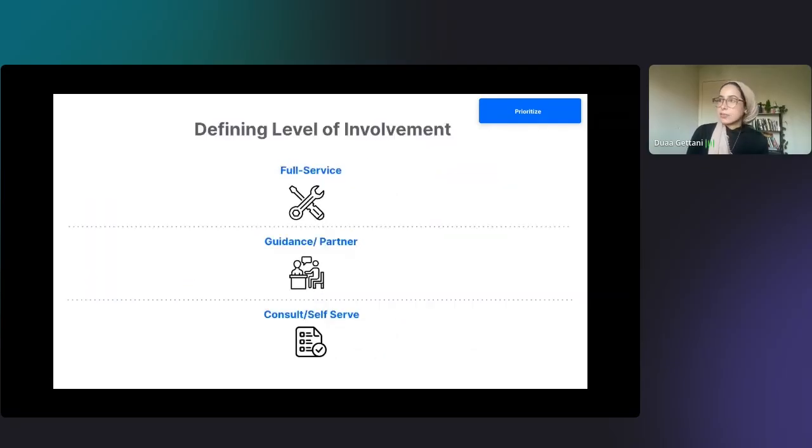And then finally, when we were discussing defining the level of involvement, one way to structure this is to think about a full service model versus a guidance slash partner model, and finally, a consulting slash self-serve structure. So in a full service structure, we'll start with that, the researcher takes